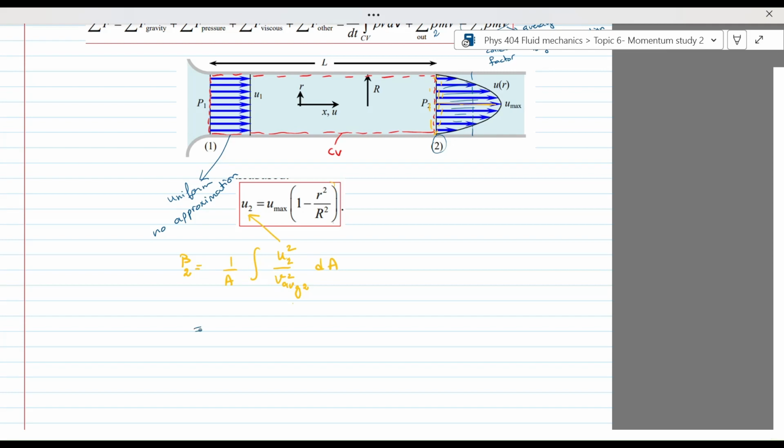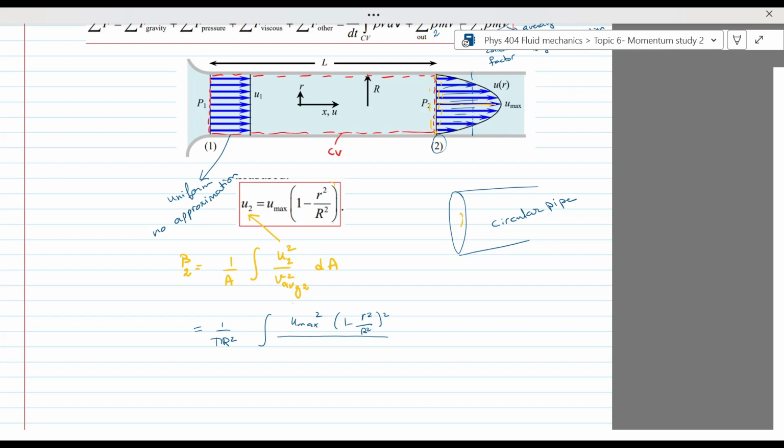So to solve this integral, the area is easy to find. This is just 1 over pi r squared. And I will integrate over u2 squared, which will be u max squared into 1 minus r squared over capital R squared, all squared. This is over dA. Now, because I have this circular pipe,